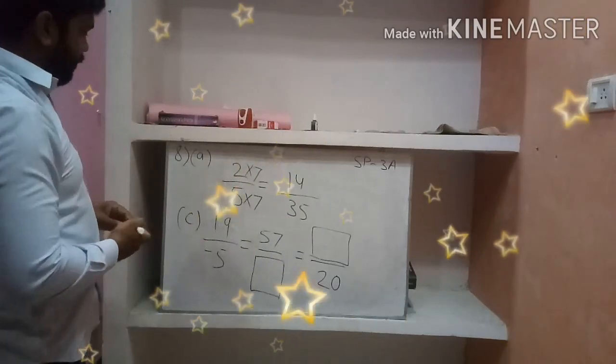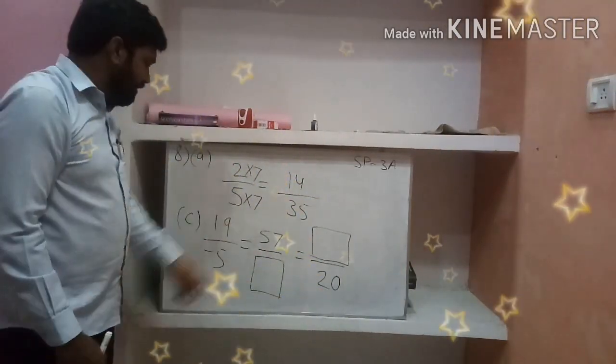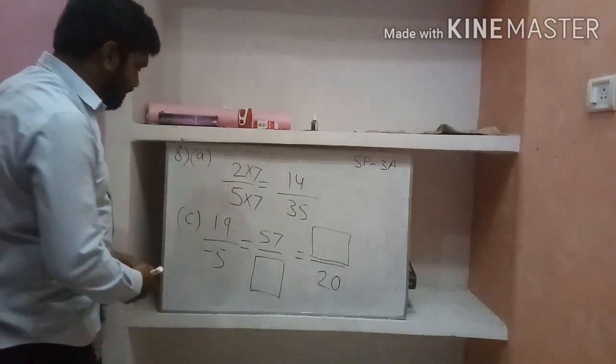What do you multiply in 19 to get 57? 19 threes are 57. So here also you multiply minus 5 by 3, which is